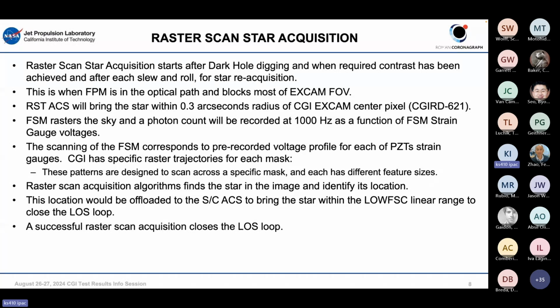So the focal plane mask has been inserted in the optical path. The field of view is now obscured. So we needed to do something else. We needed to have another method in order to acquire a star. So what we do here is, first of all, this happens during blue and rose when we acquire and reacquire stars. And we have another agreement, interface requirement, the attitude control system, Roman ACS, to bring the star this time between 0.3 arc second of the